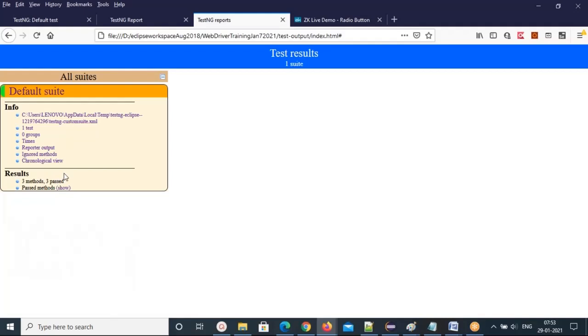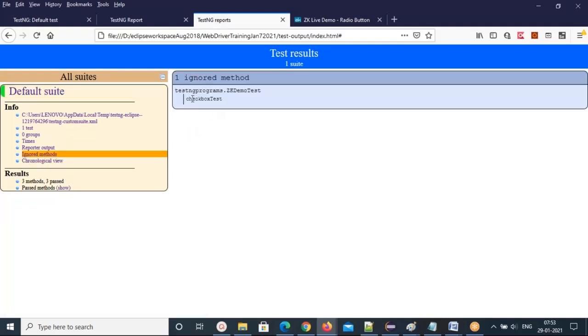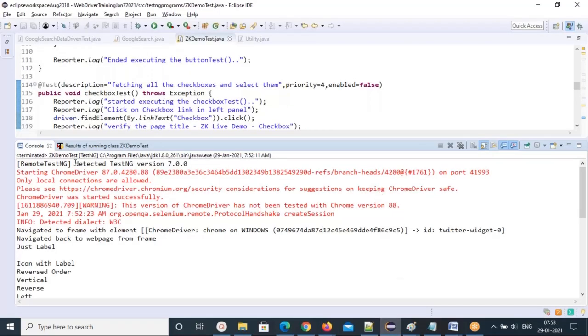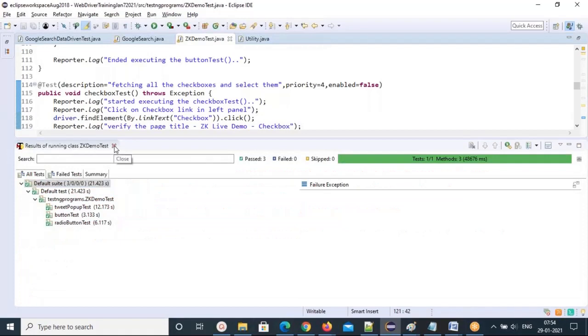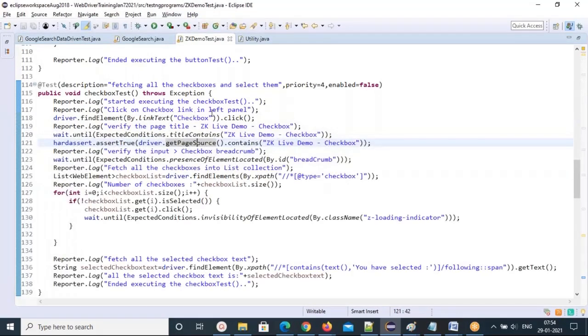So where can I see my skipped one? You can see here there are ignored methods. See, these are the ignored methods. One method is ignored. So this is how to skip the test cases. Till now I have shown you how to do data driven testing, second how to prioritize your test cases, and how to skip your test cases.